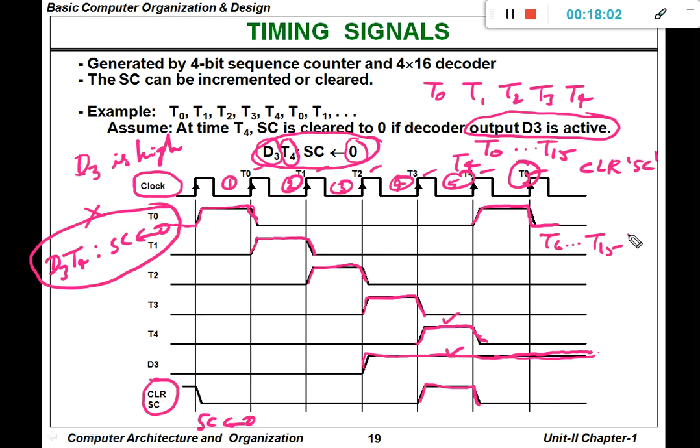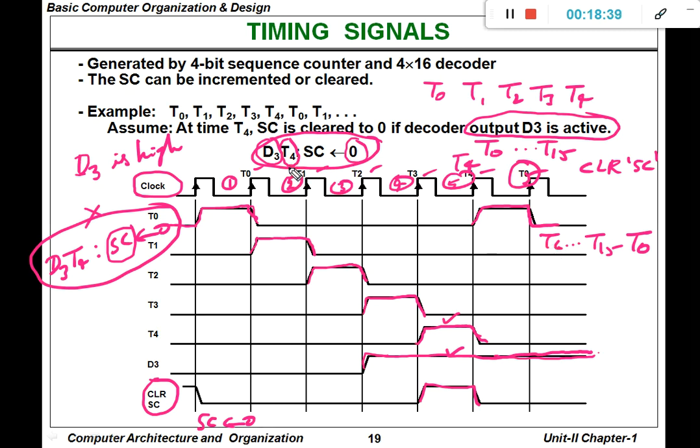After T15, T0 will come. However, by giving a control signal to the control logic unit, we are making the sequence counter reset to 0 based on the D3 and T4 values. So like that the timing signals will work. If this is not the case, the timing signals will continue from T0 to T15, and after T15, T0 will come.